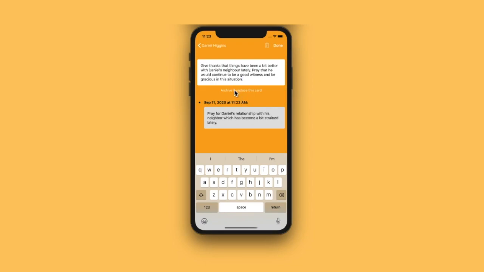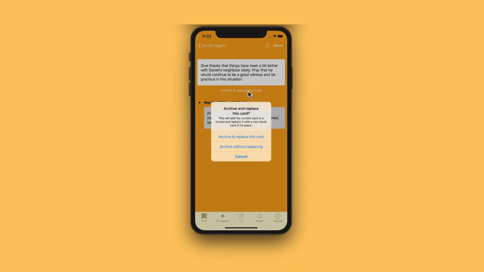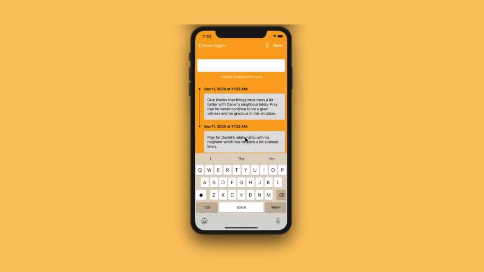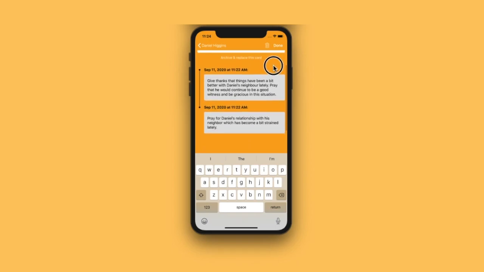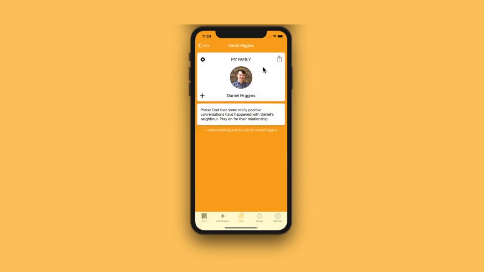When you go to edit a card, you'll see a new archive and replace this card button. Tap this to archive the current prayer card and immediately replace it with something like for like. But importantly, the old card and the new card will be tied together in a thread. And over time you can see the complete history of how a situation has developed with time-stamped entries at each